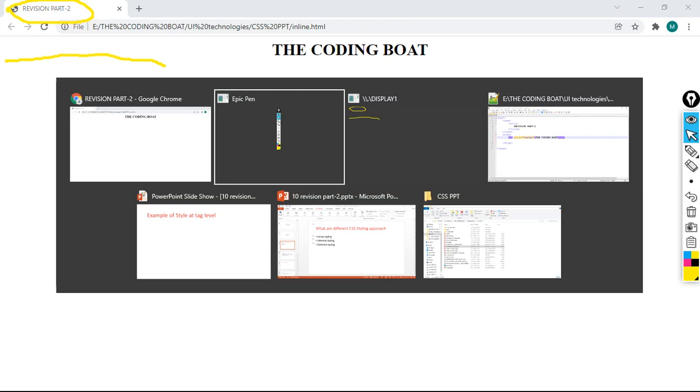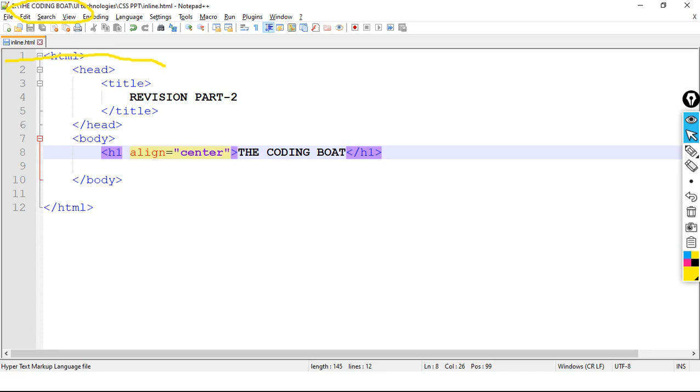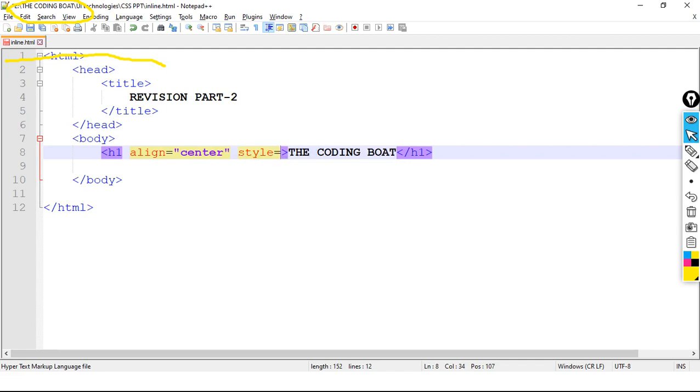Now we are learning inline styling. So how to write inline styling? To write inline style we make use of the style attribute equal to, within double quotes, we have the attribute and its value.